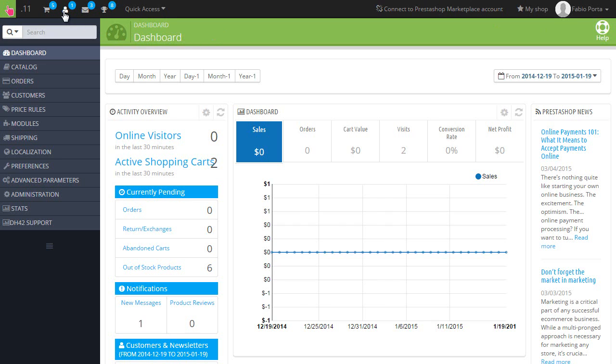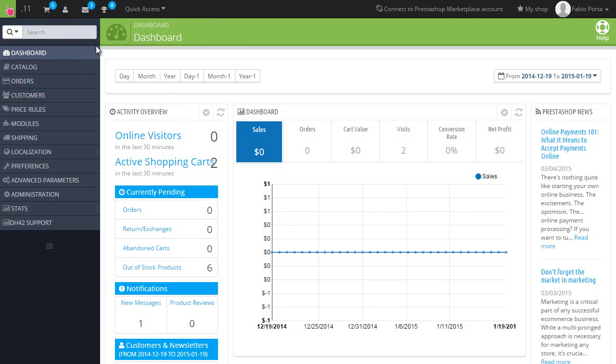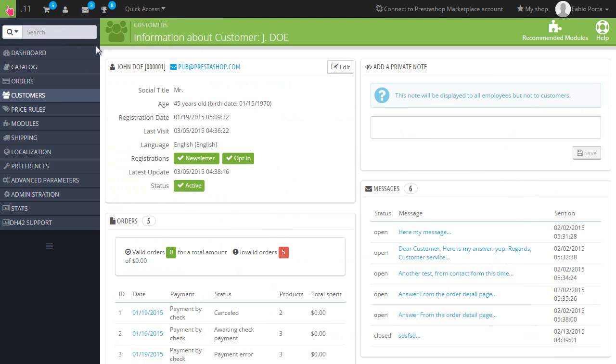So if I click on the small user icon here, I can directly see the new customers that have registered in the shop. And of course, if I click on one of the entries, I can reach the customer information page directly. So this is John Doe, and as soon as we access the page, we're given a reasonable, even too much,